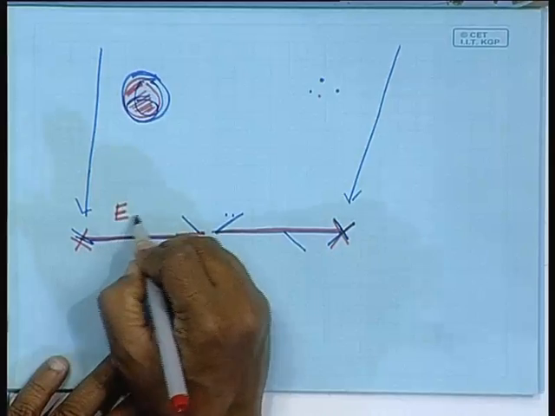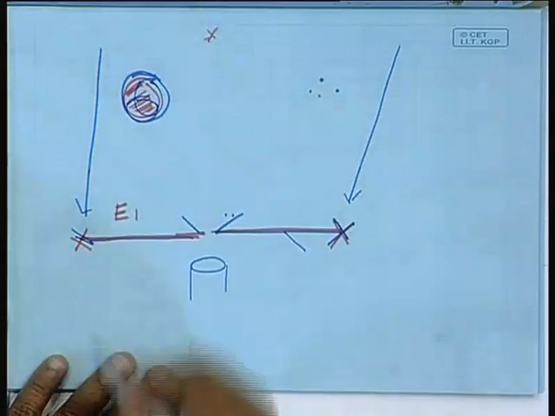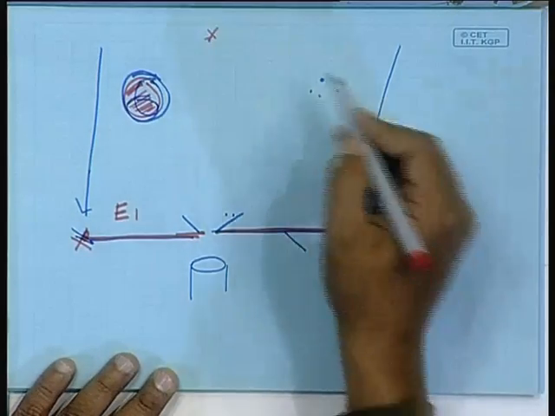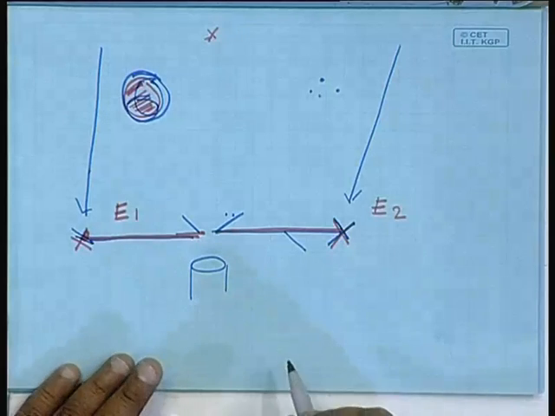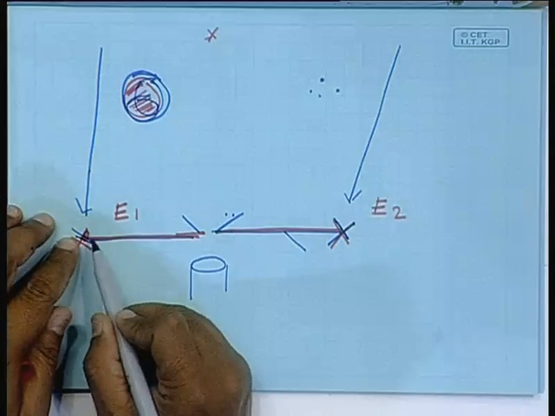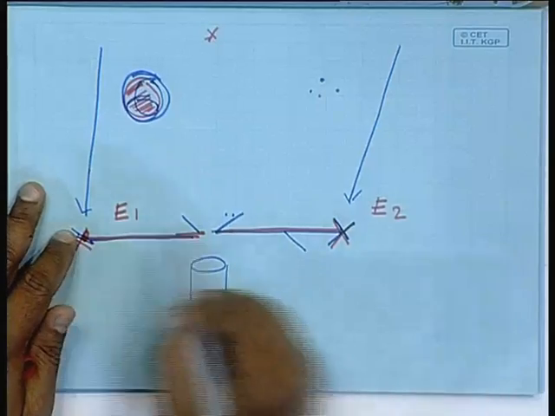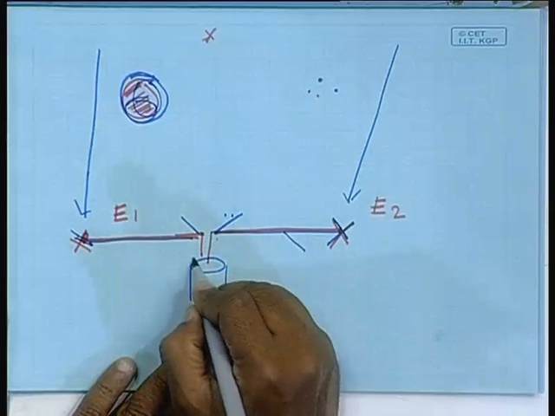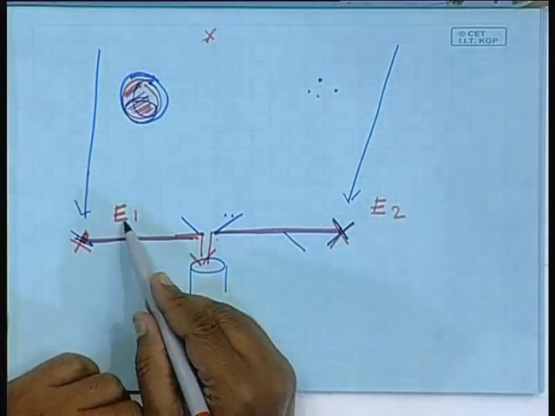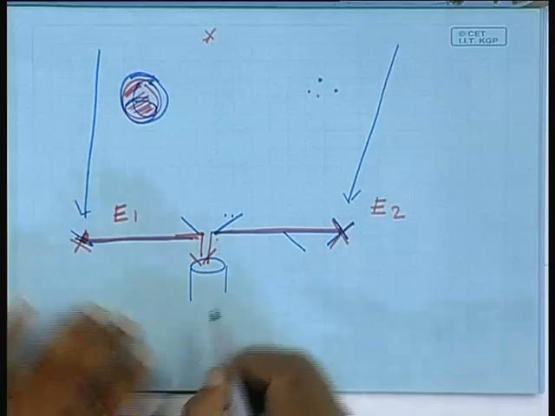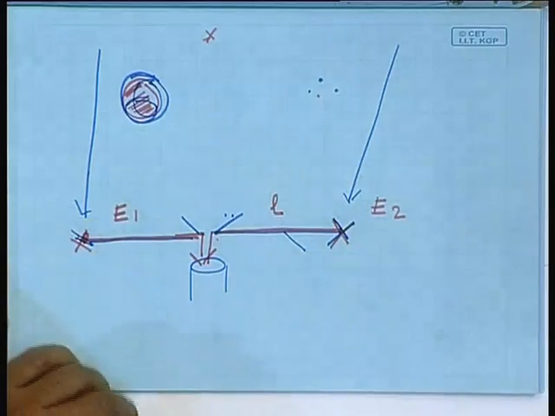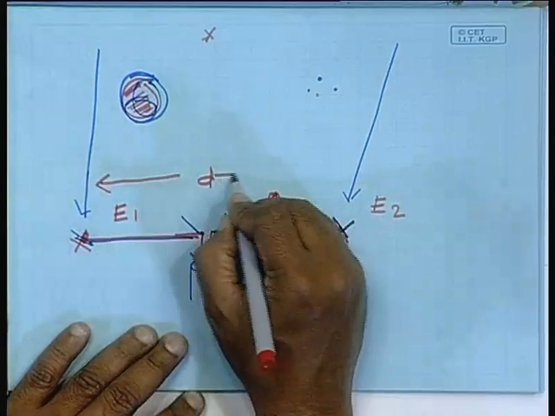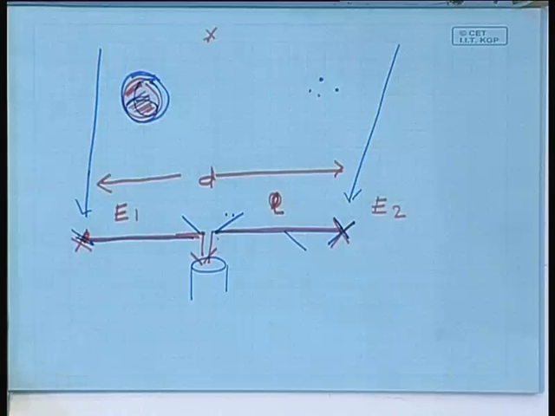So you have E1, the wave from the star, incident at this point, and E2, the wave from the same star. So both the waves arrive from the same star, the same source. You have some optical arrangement by which you can take the wave incident over here and incident over here to the same point through equal path lengths, and put them into something which will measure the intensity of the resultant. Now as you vary the length L, or you may say the distance d between these two, these are effectively like a Young's double slit apparatus.